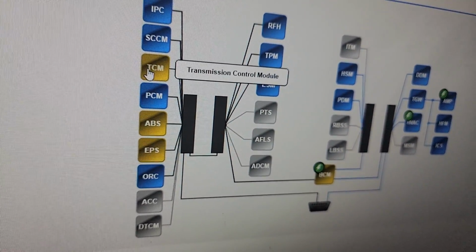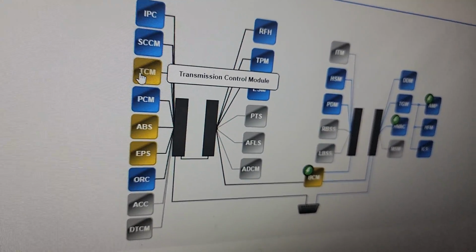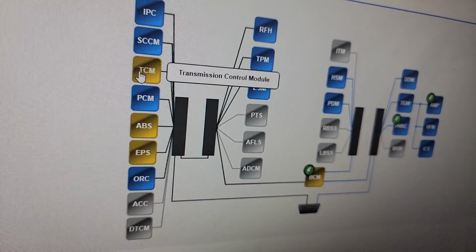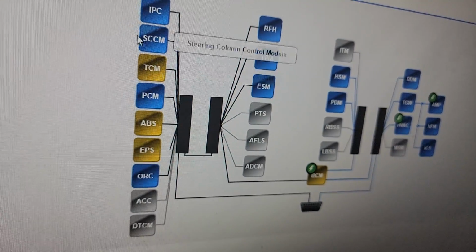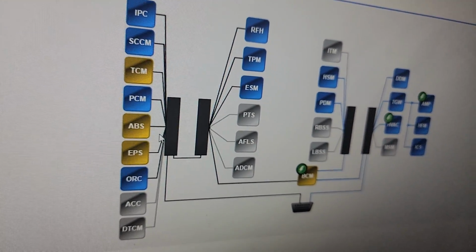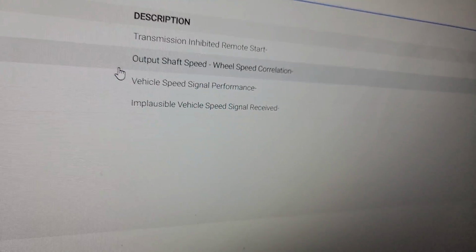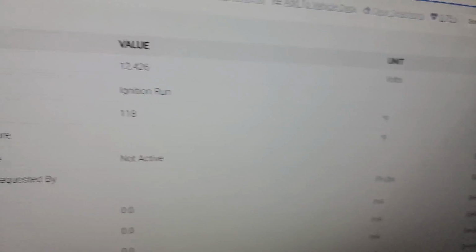If your transmission is affected, you may go in the limp mode. So you prioritize your concerns. You're more concerned with moving at a high speed than having ABS. No one really cares about ABS, I guess. Let's take a look at the TCM. All right, we're gonna go on the